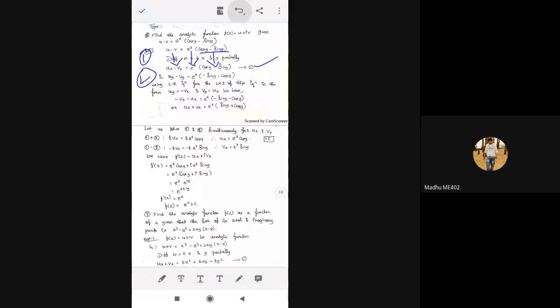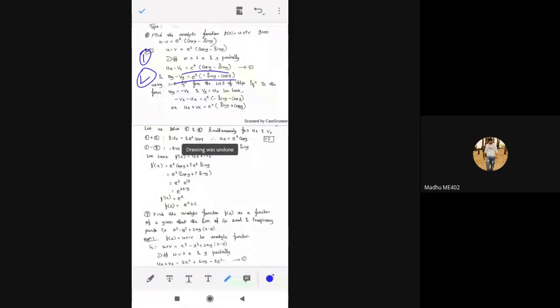So this is equation number 1. Next, with respect to y we should do, no, partially. So uy minus vy, as it is. e power x is constant, so we keep as it is. Now cos y minus sin y differentiation. Cos y differentiation with respect to y is minus sin y, and sin y differentiation is just cos y. So we got this one, I will underline this and this.